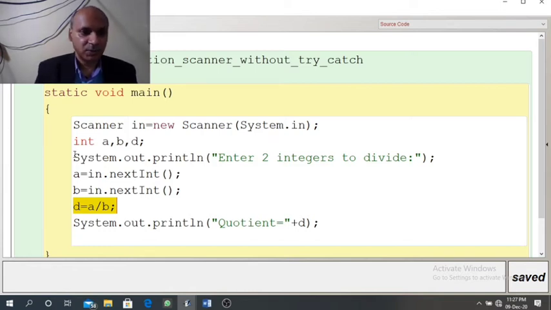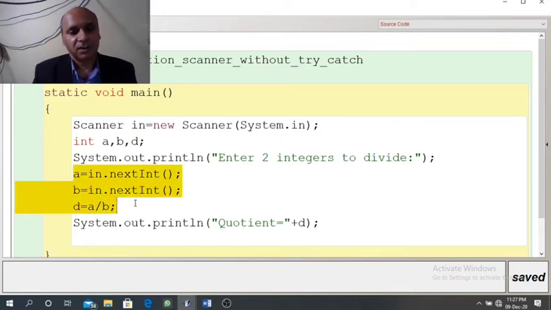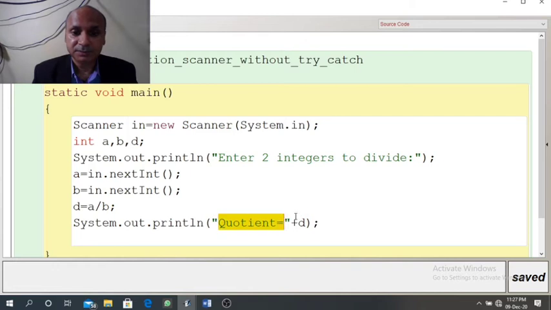So in this program we can have runtime errors at three places. During the time of input, either A can experience runtime error or B can experience runtime error if we enter a wrong data type value. And during processing we can have runtime error when the second argument is 0. But if both the values are valid, then there will be no error, we will get the result.